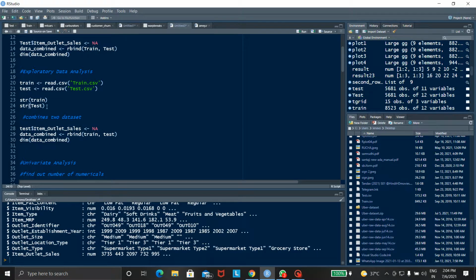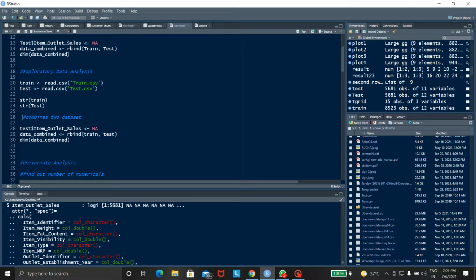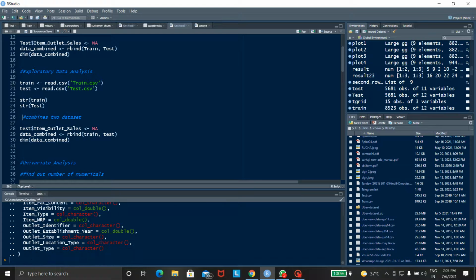After that, if we want to see which components are used in test, use the same program and run it. There are item identifier, fat content, outlet location, and outlet type. The next step: we have used two datasets, train and test.